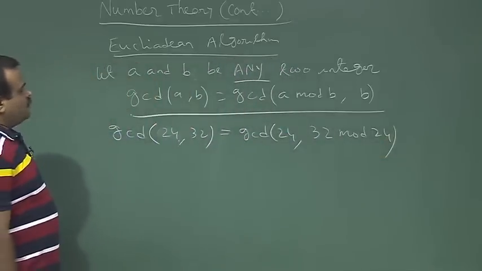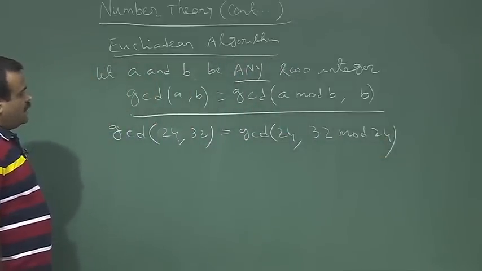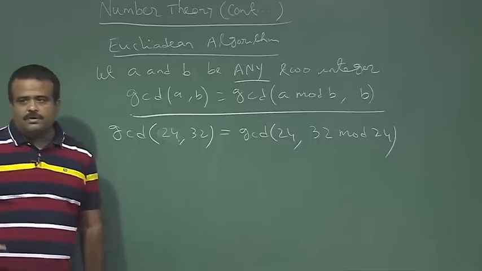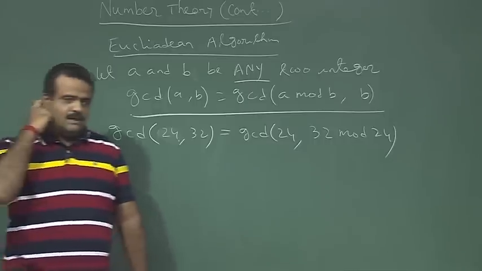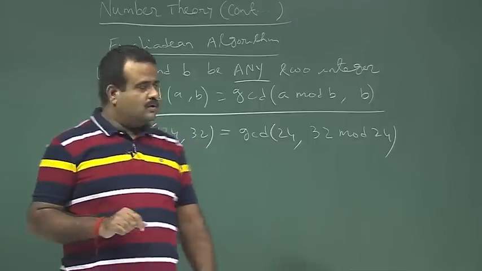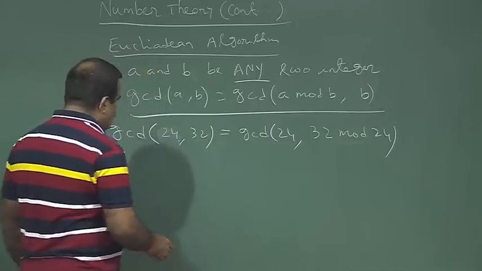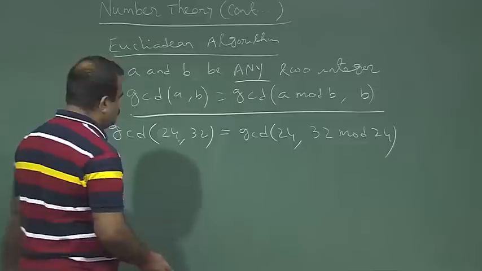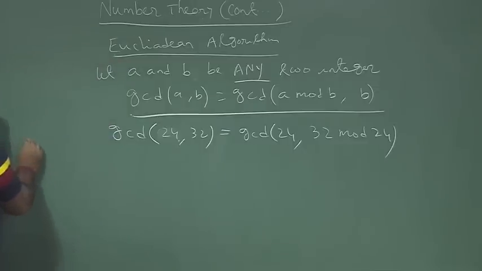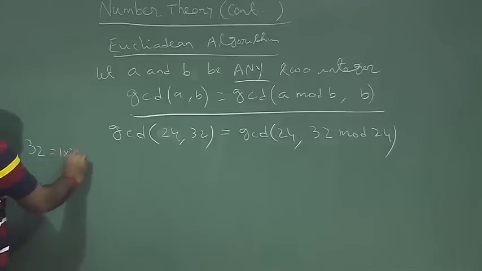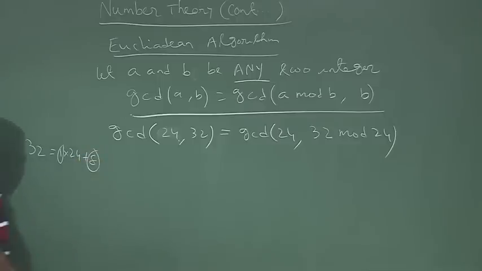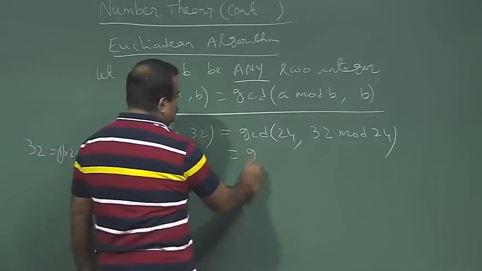Now, 32 mod 24 means if we divide 32 by 24, then the remainder is basically 32 mod 24. So, this is how much? This is 8, because 32 is basically 24 plus 8, so 1 into 24 plus 8. So, this is Q, this is R, the remainder. So, this is basically GCD of